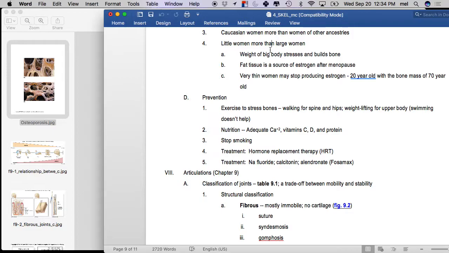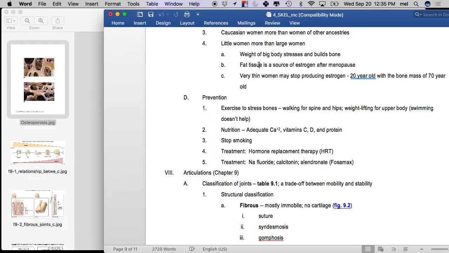That's interesting. Seals. Okay, so now the other part of why little women lose their bone mass faster than large women is that estrogen is derived from fat tissue, okay? So if you're really thin, then postmenopausally you are going to have a really hard time maintaining even low levels of estrogen. So after you get into your 40s, you want to make sure that you have a little body fat, right? And also it makes you look a little younger, FYI, right? A little body fat under your tissues makes you look a little younger. I'm not saying be obese. I'm saying exceptionally thin will make you actually stop secreting estrogen at all, right? So very thin women may stop producing estrogen.